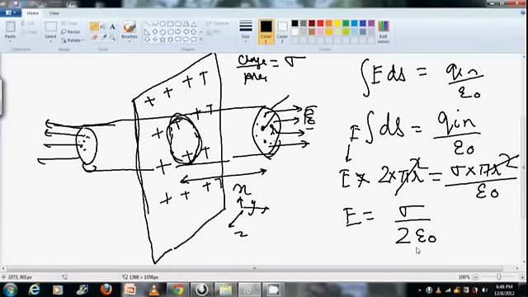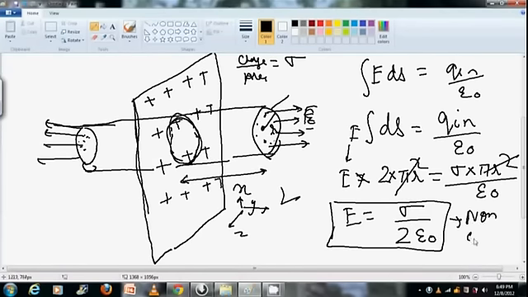So, this is a very simple solution, not a simple case at all. It is a very complex case, but using symmetry and the power of Gauss law we have managed to solve this complicated problem of a two-dimensional infinite plate in just a two-line solution. One modification is that this plate is a non-conducting plate. So this formula is valid only if it is a non-conductor.